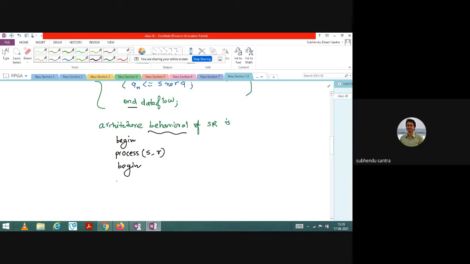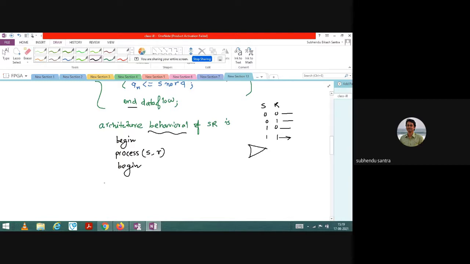Then what I will write? Then the simple thing: you have to just write the variable, like let us say S and R. So the only thing you would write is 0 0, then 0 1, 1 0, 1 1. For each case, you have to just write what will be the output. Okay, so can you tell me that if it is 0 0, then what will be the output?